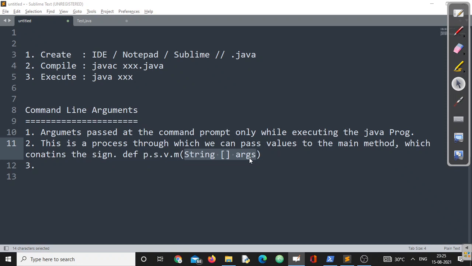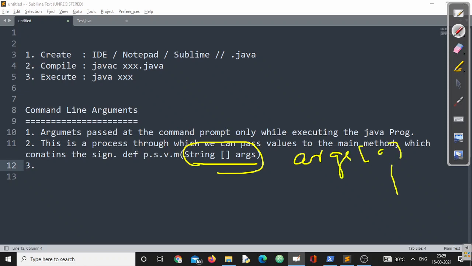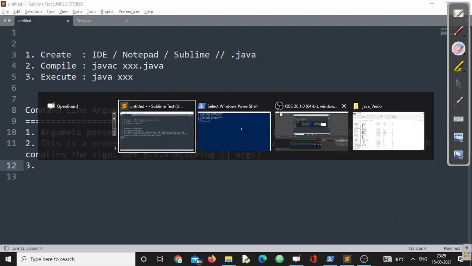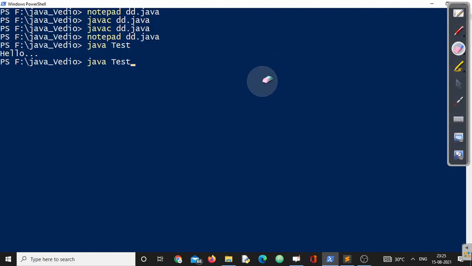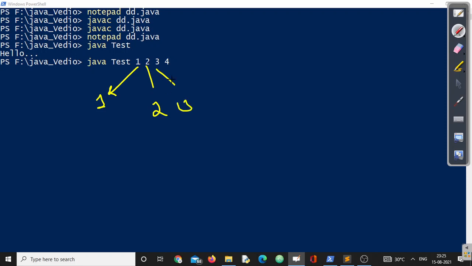Now, let us understand. As you can see, while writing a main method, we write a String array of args. Since it is a string array, you know an array means we can store a number of values from index 0 onwards, right? Similarly, whenever I am passing values, let's say 1 2 3 4, what is going to happen? This one is command line argument number 1, this one command line argument number 2, 3, 4.